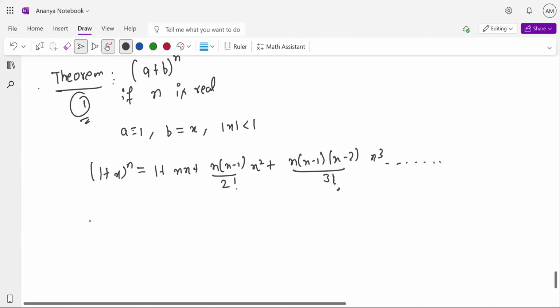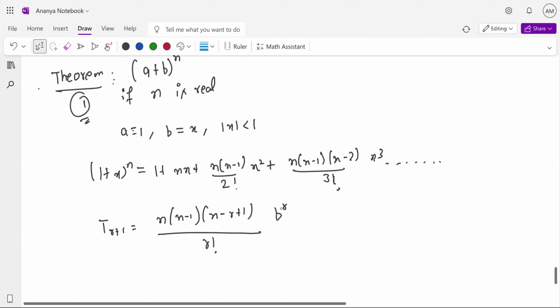Let's discuss this a little more. So T(r+1), what is it? n(n-1)...(n-r+1) divided by what? Whatever the r factorial, and it is nothing but a to the power n minus r. Okay, here I had 1, so I don't need to write, I can directly write this. Can I say this? Yes, sir. Okay. Now, what benefit can I have about this? I can just remove it for a while because I know the next parameter is always less than one, because I showed you this portion, right? Okay.